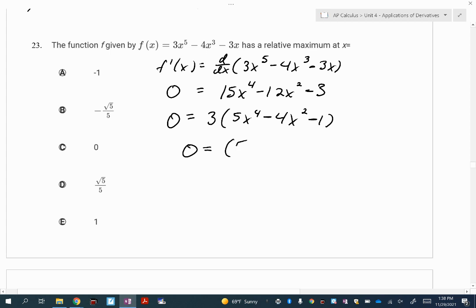Now I'm going to try to factor. You could use your factors of a times c to add to b, but I'm just going to use 1 and 5 for the beginning of my x squared terms. I know factors of 1 are just 1 and 1, so I just have to get the signs right. I need my 5x squared to be negative, because negative 5x squared plus 1x squared is negative 4x squared. So if I set each of these equal to 0,